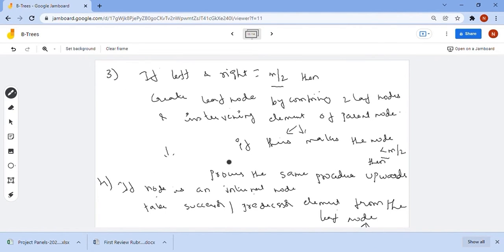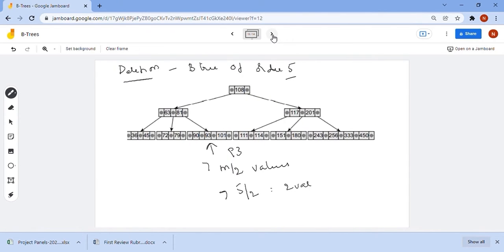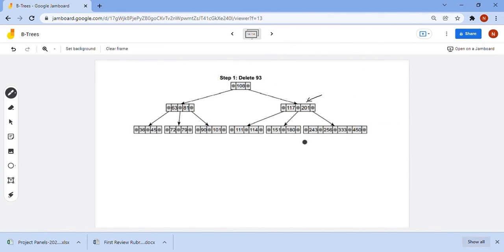We have to take the successor or predecessor element from the leaf node. That means you have to take an element from either the left subtree or the right subtree, in the leaf nodes.